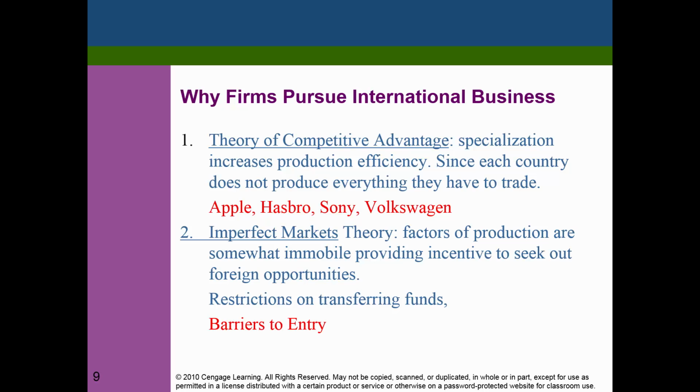Now, we want to talk about some of the reasons why companies go abroad. And some of the reasons why companies go abroad, the first one is the theory of competitive advantage. So what does it mean here? Basically, what we are saying is that different countries are good at certain specific things. So as an example, in the US, there is a lot of emphasis on creativity. So when we are in kindergarten, when we are in middle school, when we are in high school, and so on, typically the projects we tend to do do emphasize creativity.